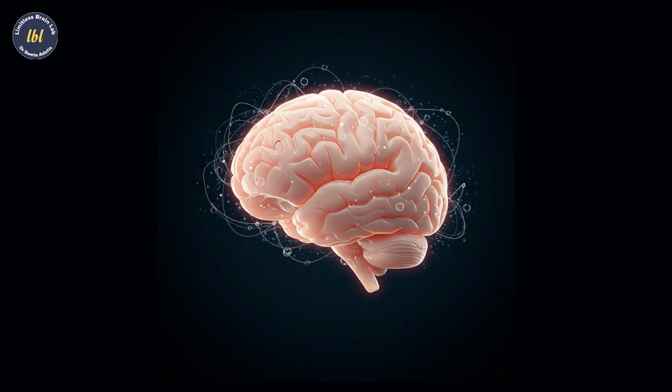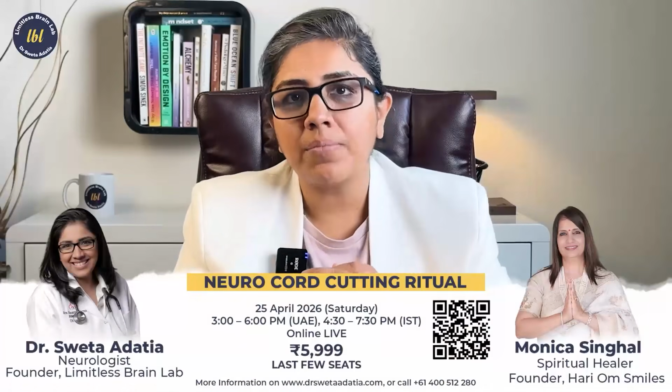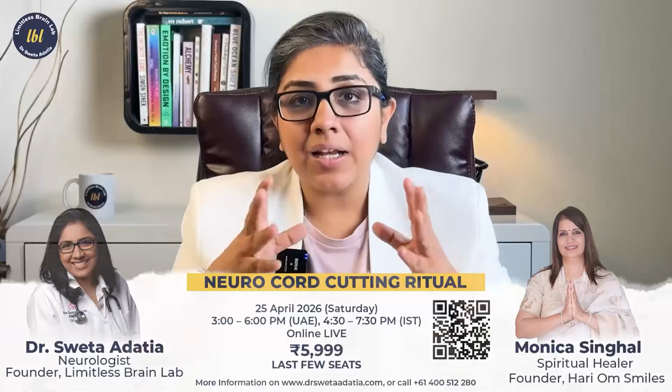What is it doing to your brain? In fact, the brain scans of people who have been living with NPD were found to have a major issue in their limbic cortex. There were findings that matched the addictions to that of heroin, to that of drugs. What was happening was the amygdala, which is your fight, flight, fear, and threat center, was hypervigilant, was hyperactive, and it was constantly seeking the dopamine behavior. And this entire reward mechanism, to some extent, was exactly the same as a drug addict. So it is very, very difficult.